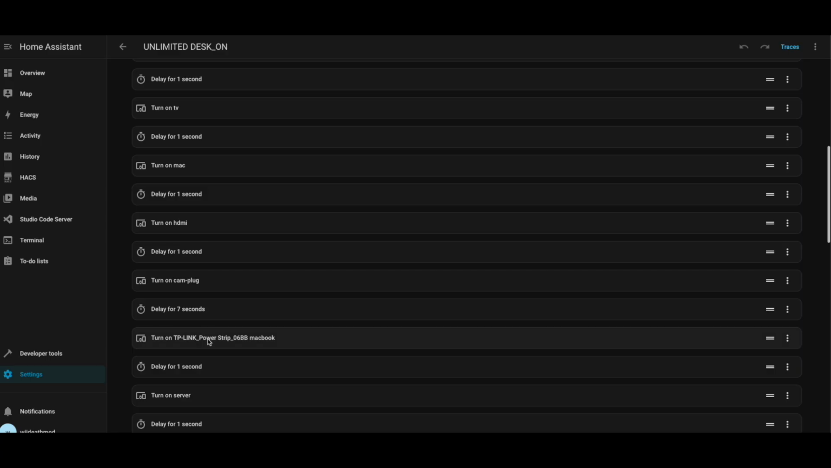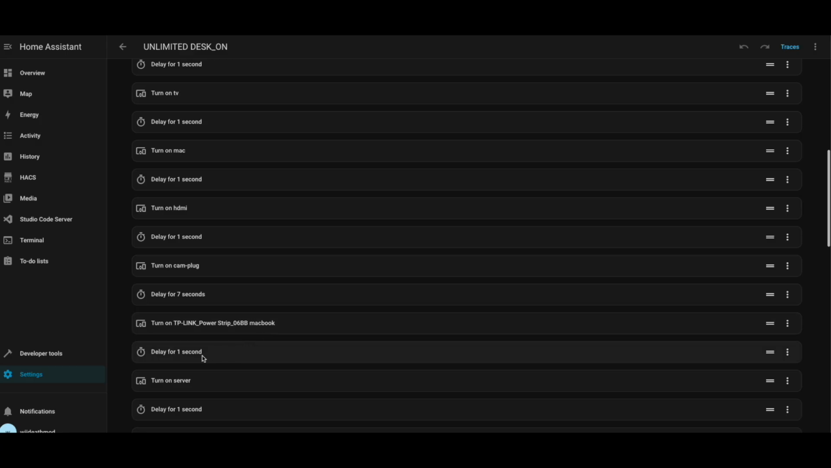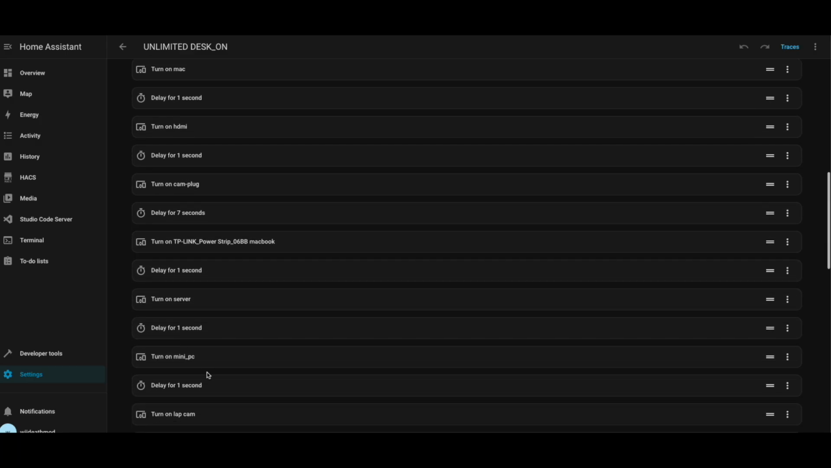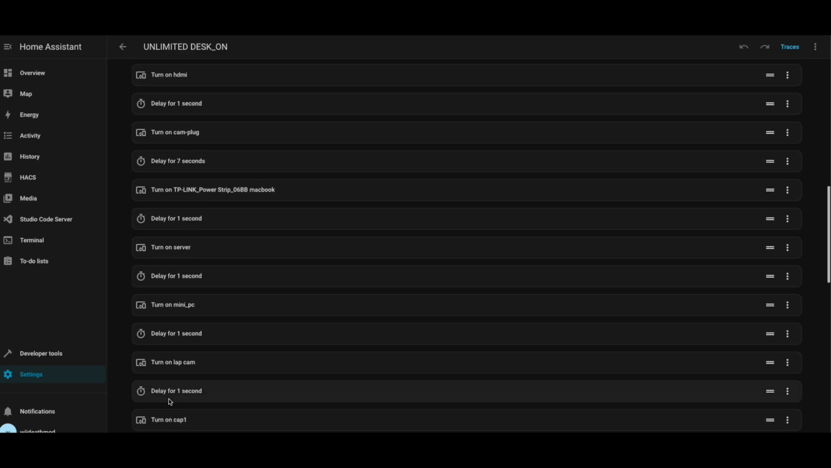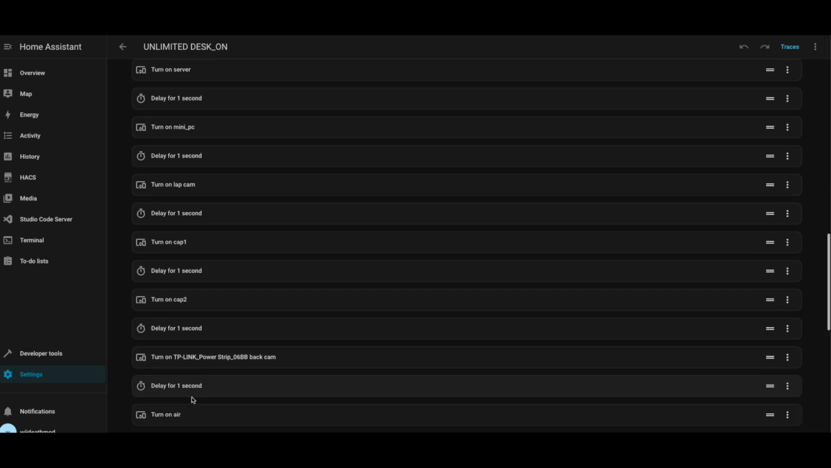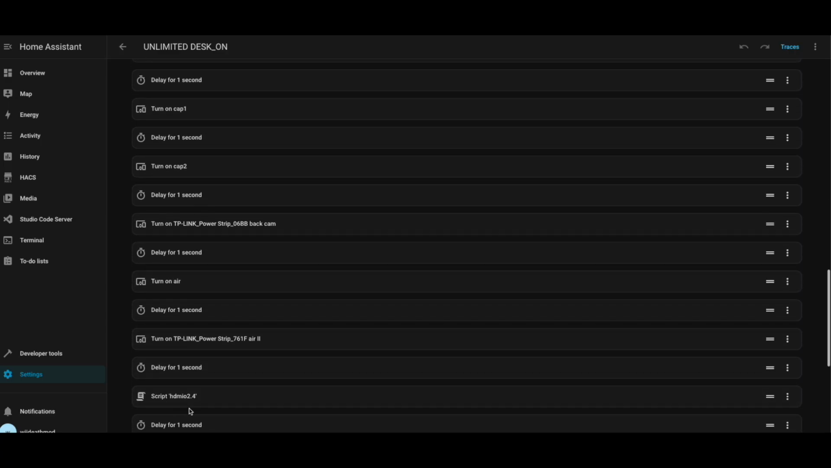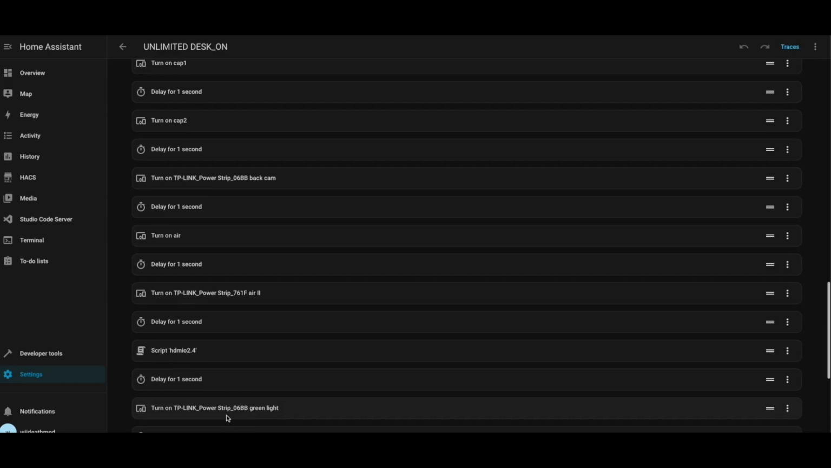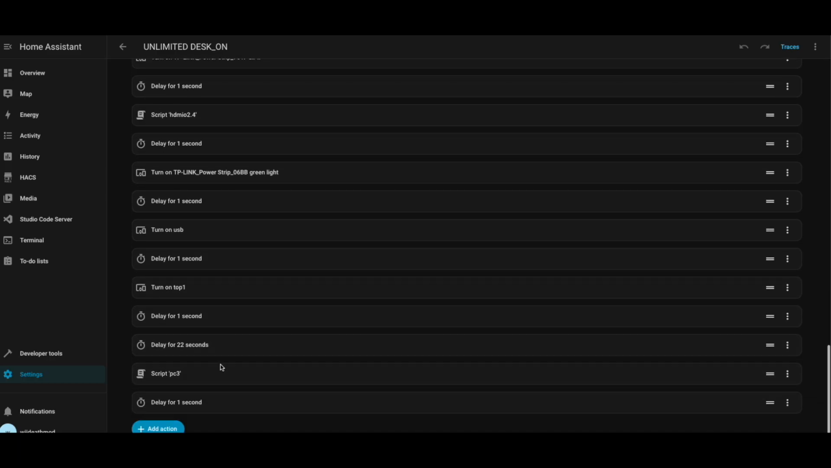there's supposed to be a mini PC here, but I haven't actually added that yet, because I had to redo some stuff. Turns on MacBook, turns on server, turns on mini PC, so it should be up there. This says turn on lab cam, turn on cap 1, turn on cap 2, and then turn on back cam, turn on air 2, and then switch the TV to like 2.4, and then turns on green light, turns on USB, turns on top 1, waits 22 seconds,